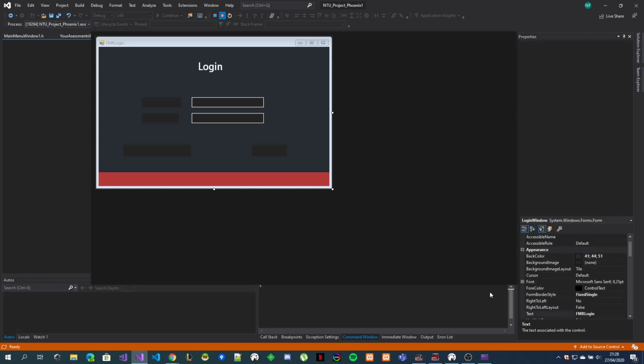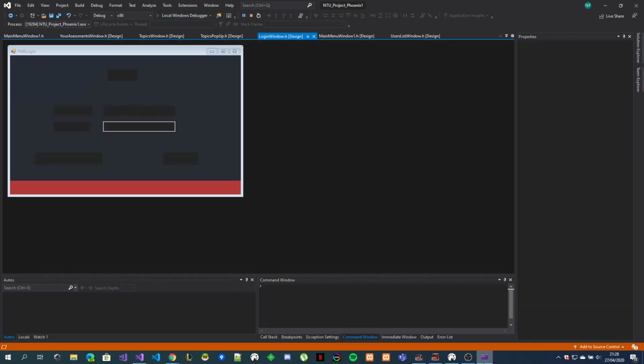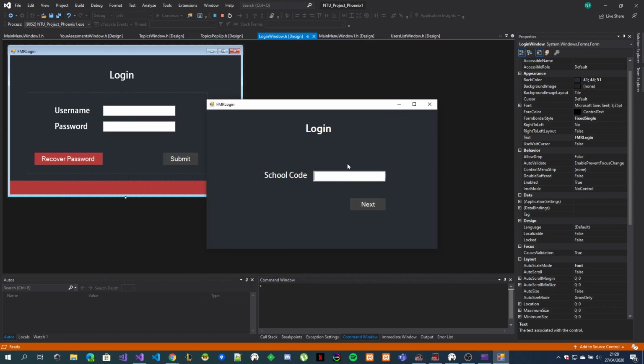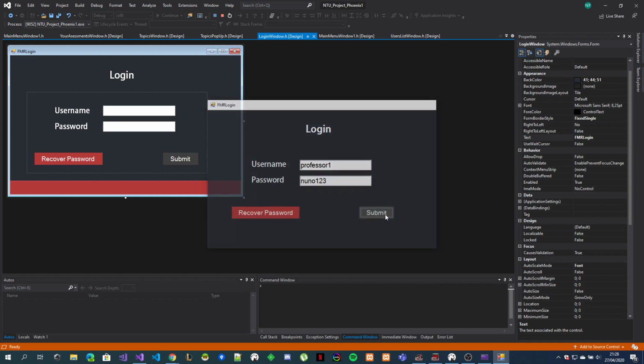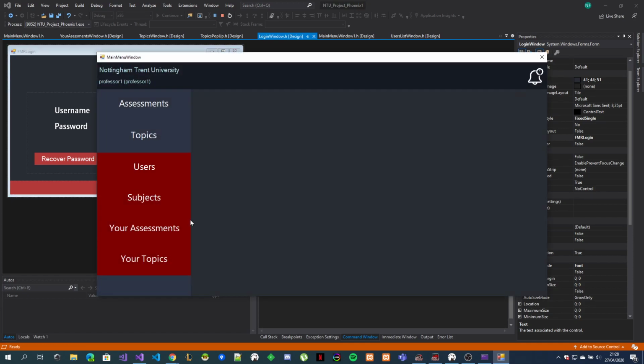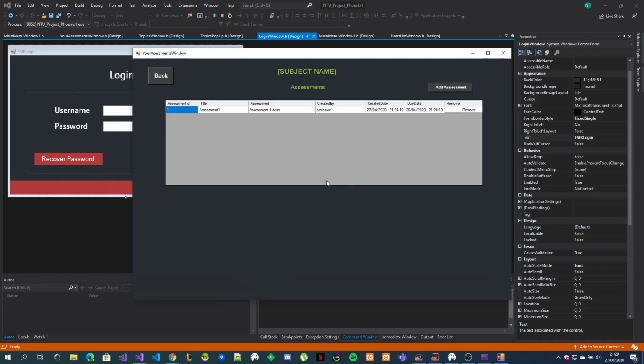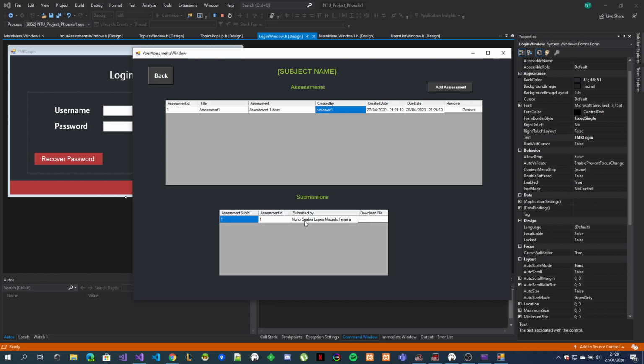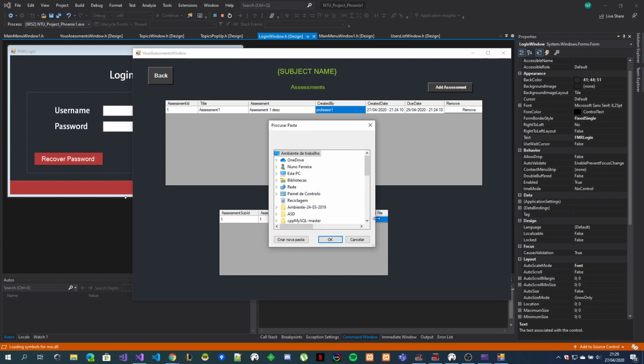So again, let's force close. I need to change the settings of that. But yeah, NTU again, and Professor 1, and the same password, No123, right? If I go here to my assessments, the assessments of that professor, he will see that if he double clicks, there is an assessment submitted by Nuno, so my name. If he goes here into download assessment, he needs to select a folder to save it, so I can create a new one on my desktop called